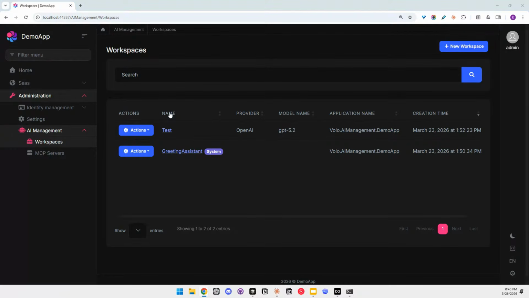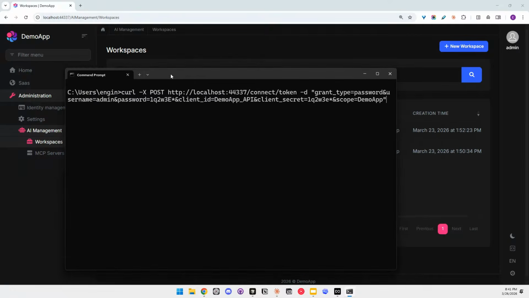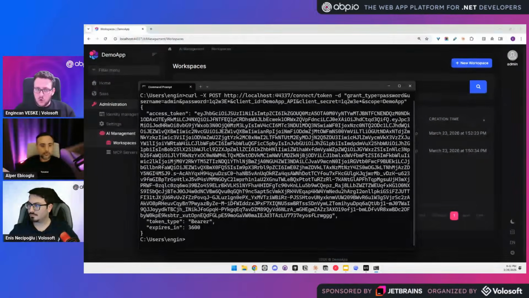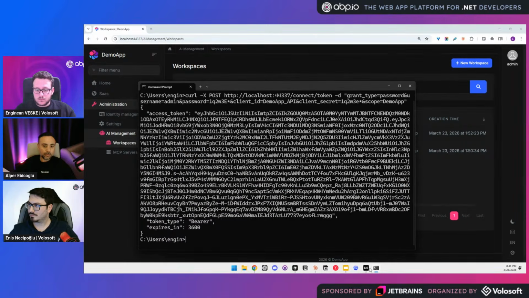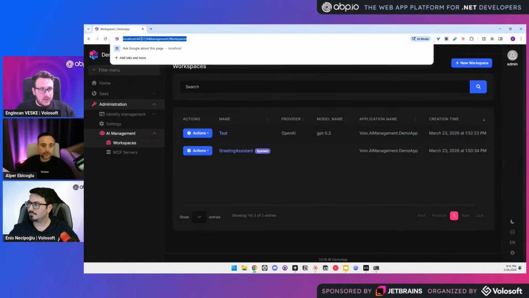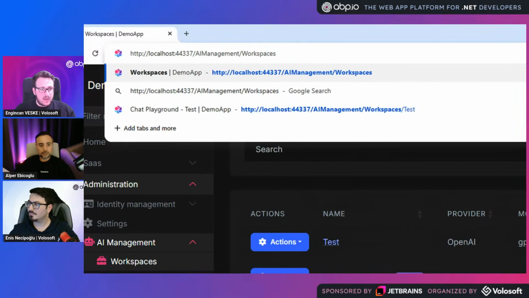To get a bearer token, we can send a request to our application's connect token endpoint with the related username as admin with the password, and the grant type can be password. And after we send a request to get a token, it will... Enis, is this your Anything LLM web API, this localhost 44337? Yes, this is the application actually that we are using, and as you can see, it